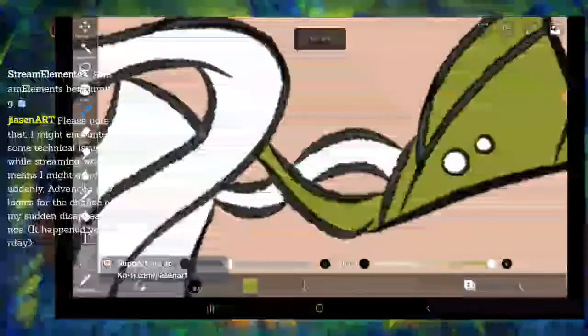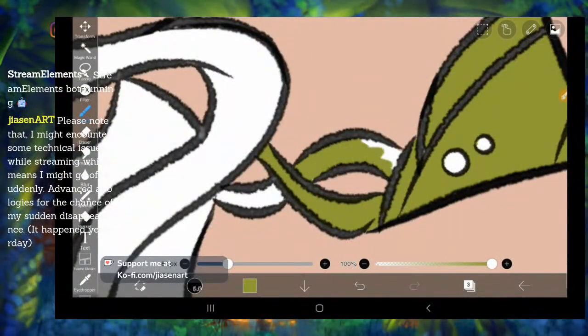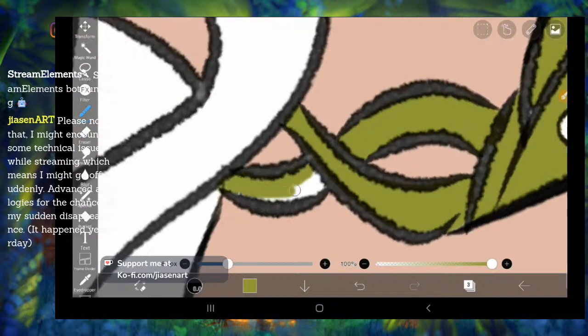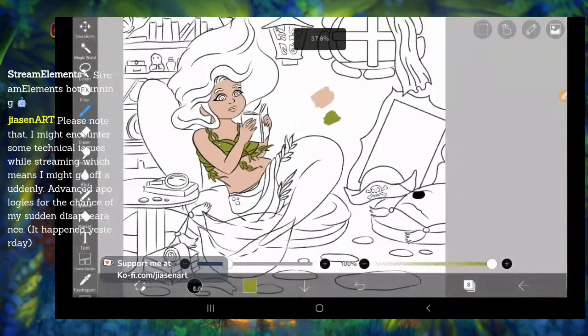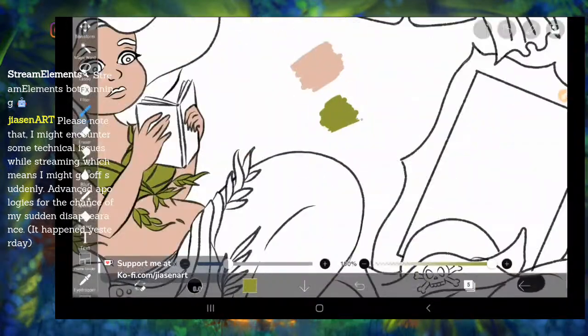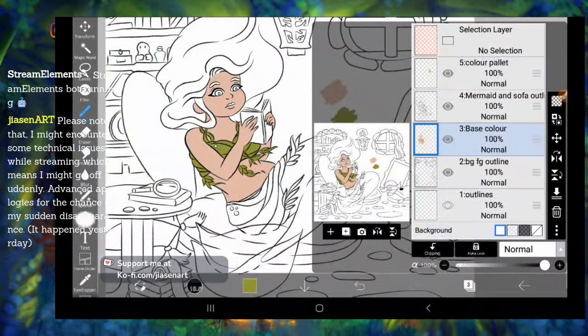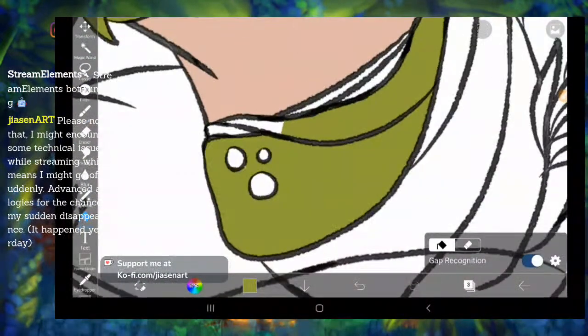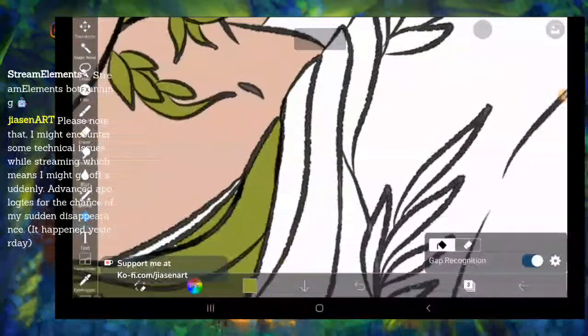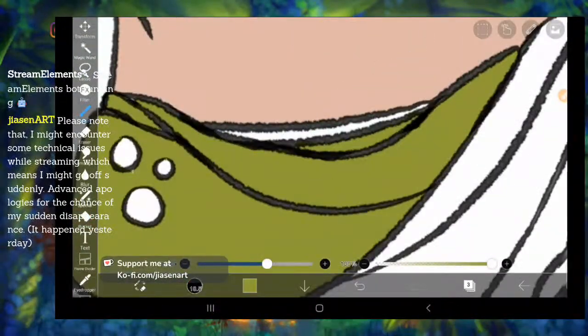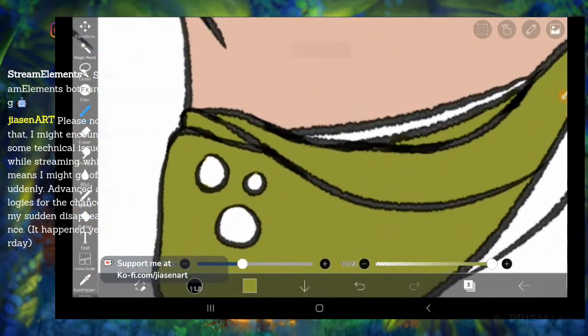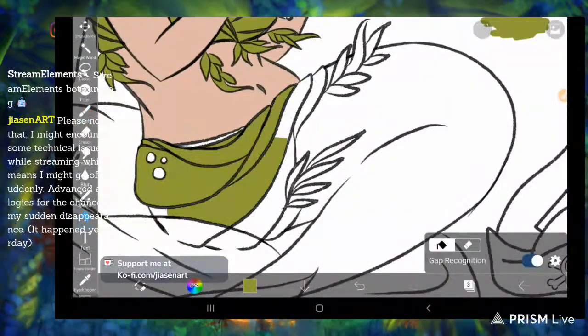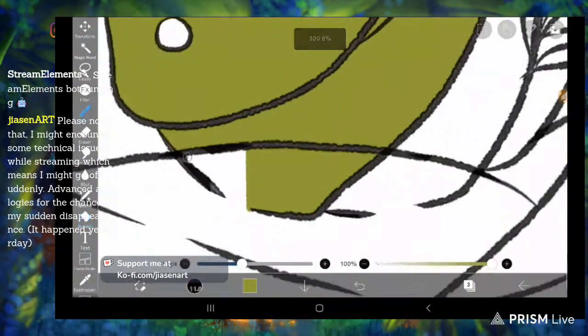But from next time, I will probably just record the shading process, because that's the most important part of this kind of piece. I'm not painting something from scratch. I'm drawing an outline and then color filling and shading.